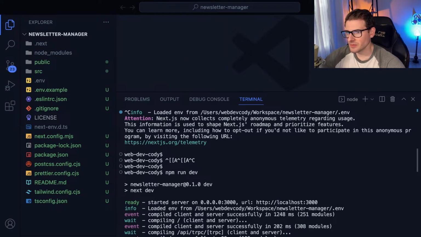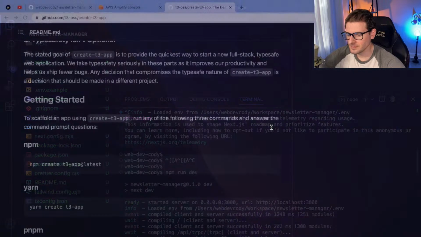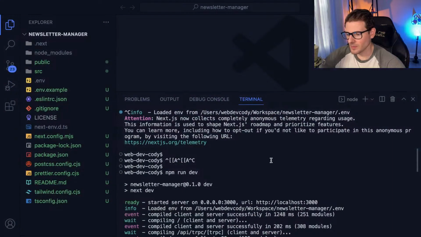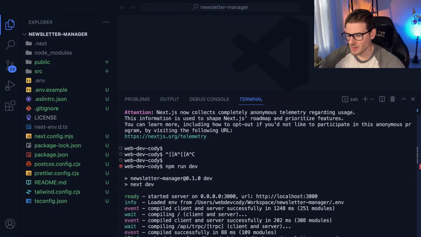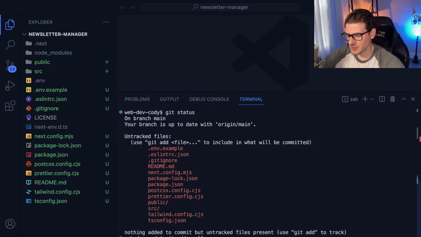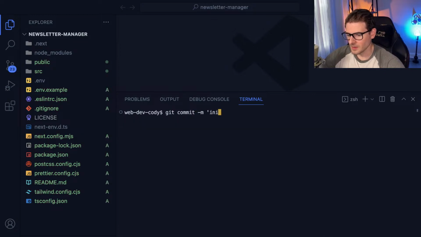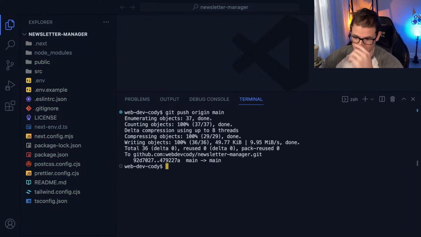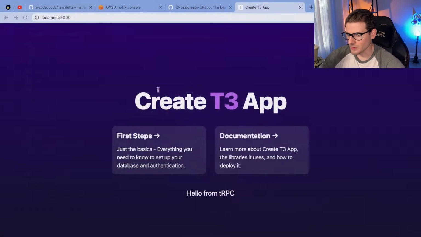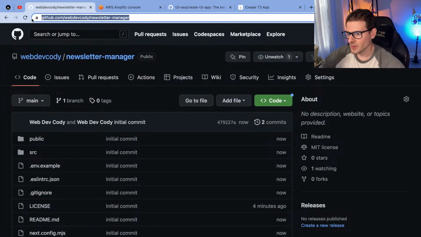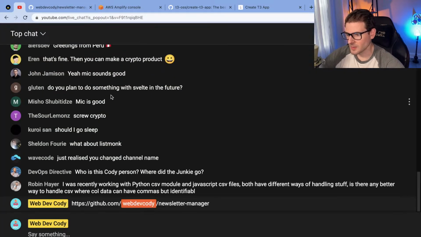Let's just make sure I can run the app. Okay, got the app running. What I'm also going to do is go ahead and commit. I'll just say initial commit. Go ahead and push that to main. And there we have it. This will be public depending on how much progress I make on this. So if you all ever wanted to check out the code, I do plan to integrate it with Dynamo and stuff. This will be the link for it.